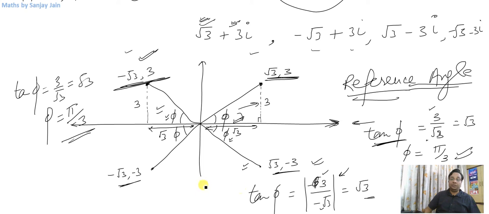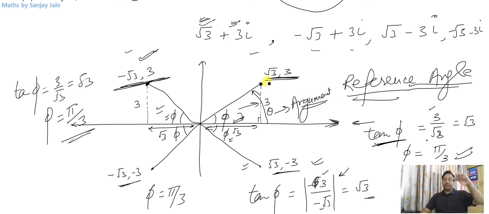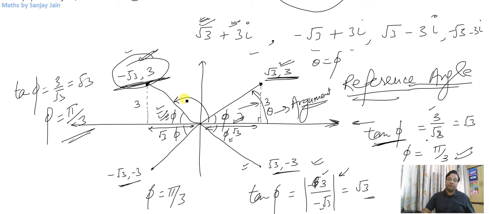Alright, so if you have found that phi is equal to pi by 3, what can you say about this angle, which I am denoting by theta, and I am calling it my argument? What is the argument? The angle made by this length OP with positive direction of x-axis. Now I am specifying positive direction of x-axis. So I can call this angle theta. When this is in first quadrant, theta is nothing but phi, right? But for this complex number which lies in second quadrant, what will be theta? Theta will be pi minus phi, right?